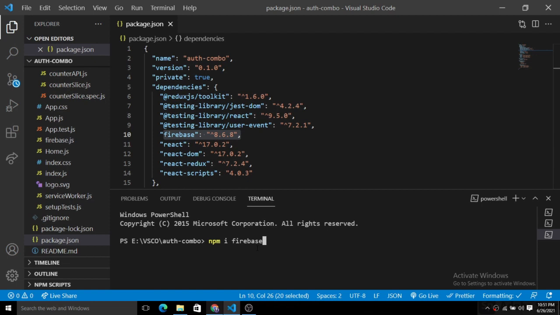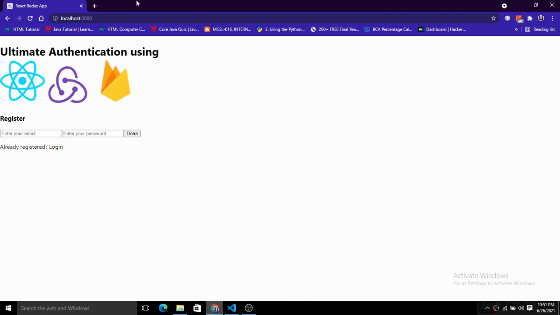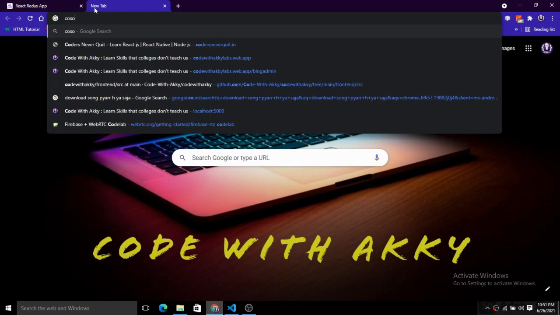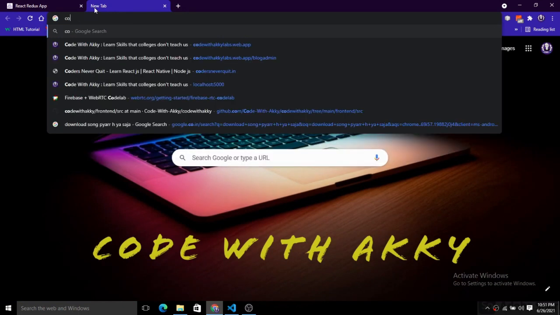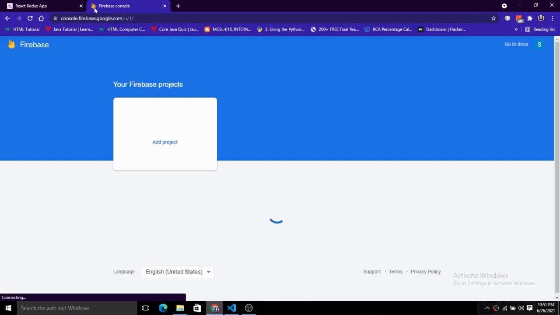The next step is that we will create a project on Firebase and enable the authentication system on the Firebase console. Inside Chrome, just search for console.firebase.com, and in the console you just need to create a project.